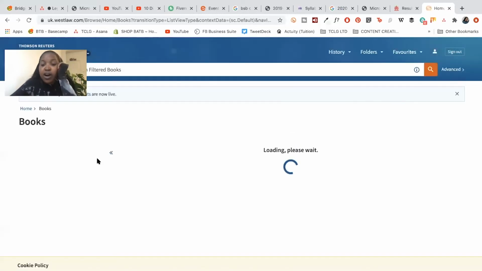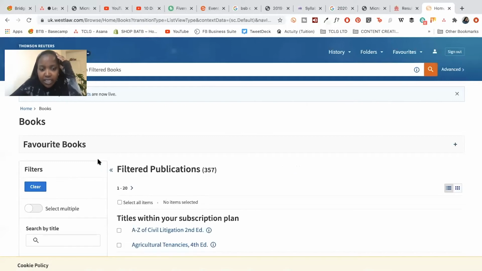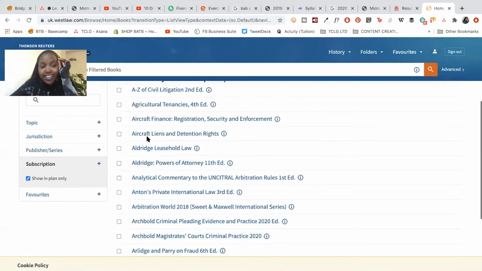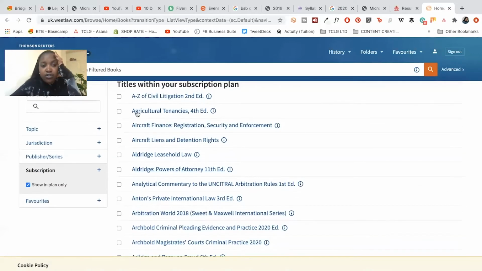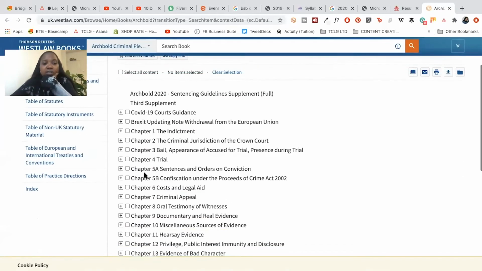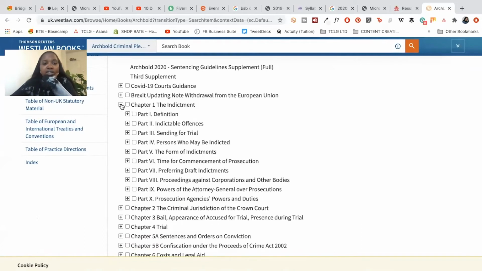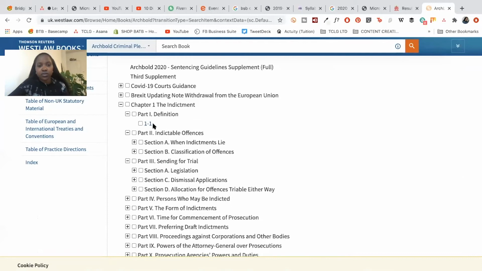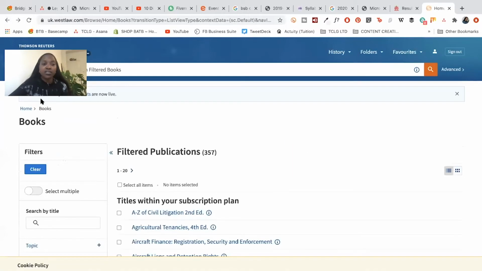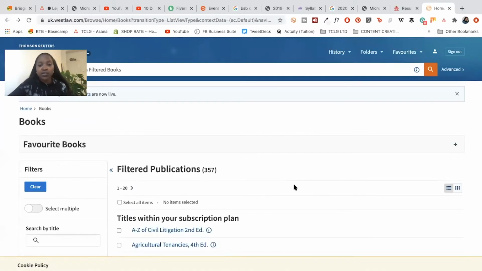Jackson isn't available online. Ah, it's not available online. Wow. Well, I'm really sorry about that. But for anything else that is convenient, you go on books and you go through here and you can find what you need. For example, Archbold, which is a really important criminal one, it's all here. And you'll be able to just read all of the references. I'm very sorry about Jackson not being available online,